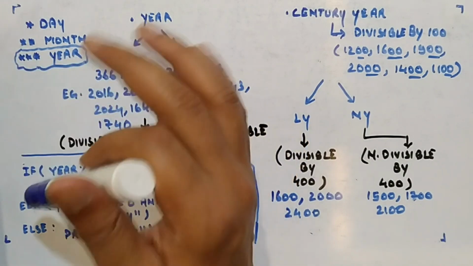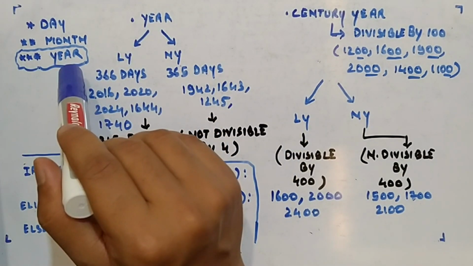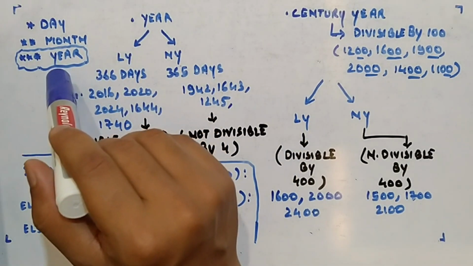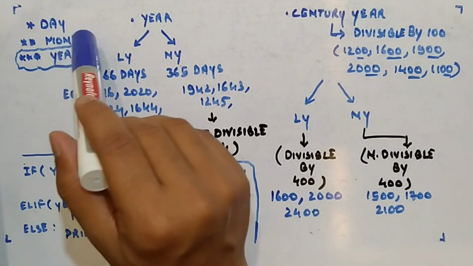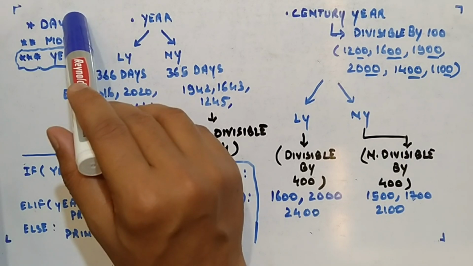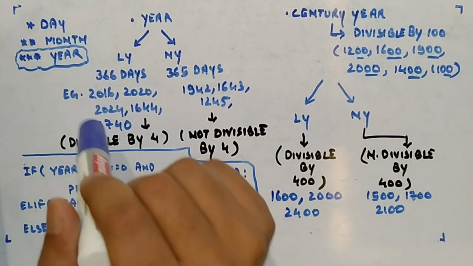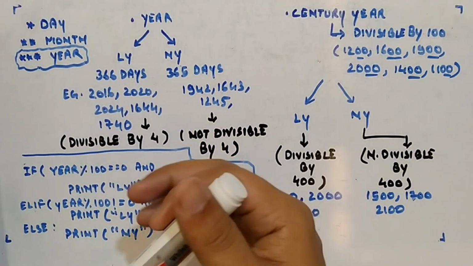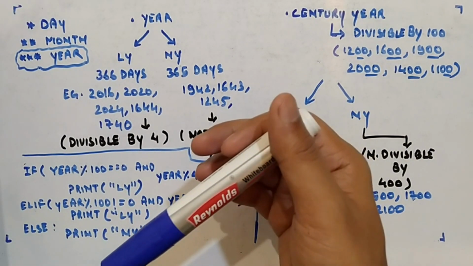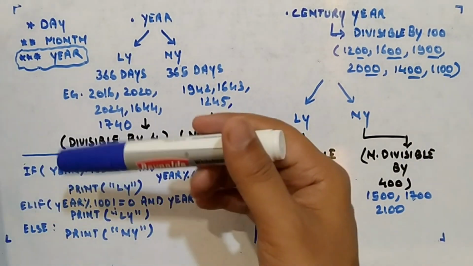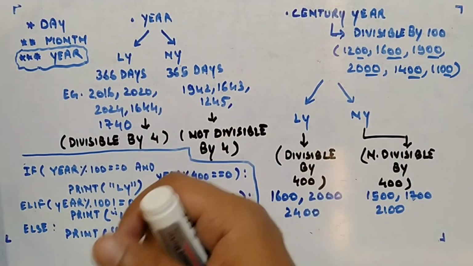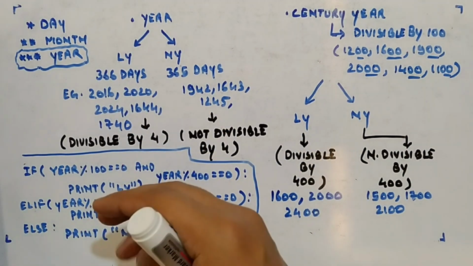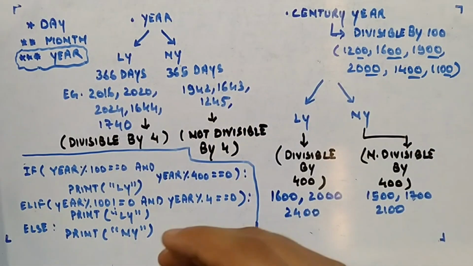So the most complicated is year, because a lot of code will be written inside this. Then complexity-wise month will come, then the easiest one is day. Basically we are trying to find, for a given year, the number of odd days. I'll come up to that, but slowly, so that you will be able to connect it.